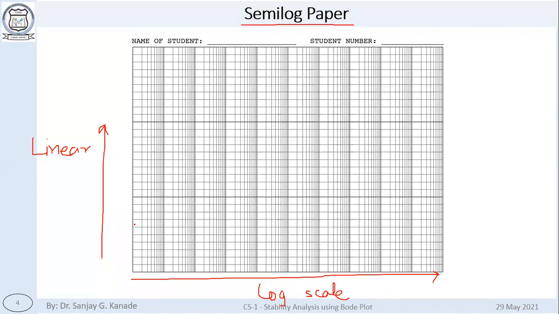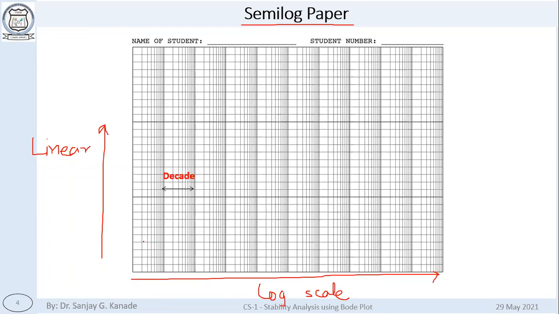What important parameters did we see yesterday on the last slide? The very last slide that we saw yesterday. It was phase crossover frequency, gain crossover frequency, phase margin, and gain margin. These four things we have to determine, or calculate, from the Bode plot, and that is only possible if we use a common scale on the x-axis. We are going to see how to plot and how to calculate those. So let's begin the process for calculating.